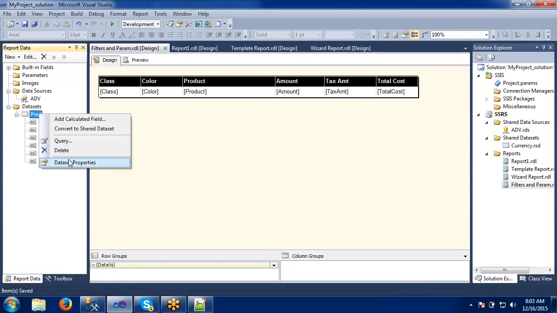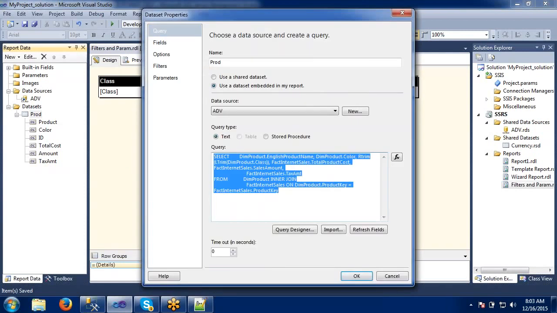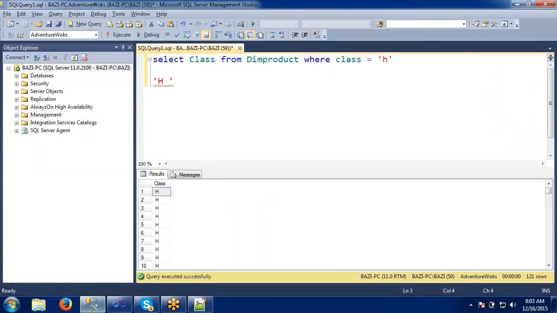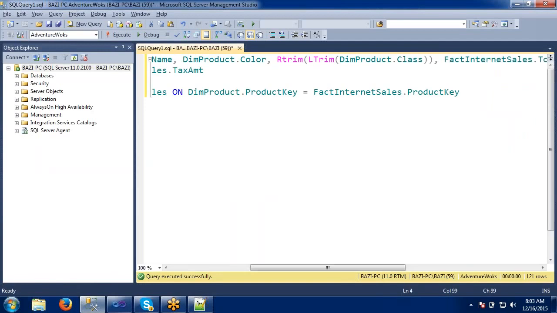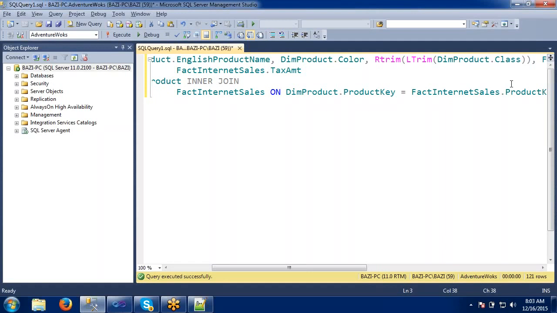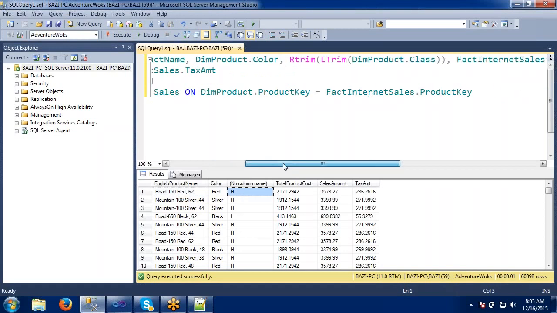Let's take the same query to SQL, then we can easily understand. So we use L trim and R trim, right? Okay, it is throwing some error.